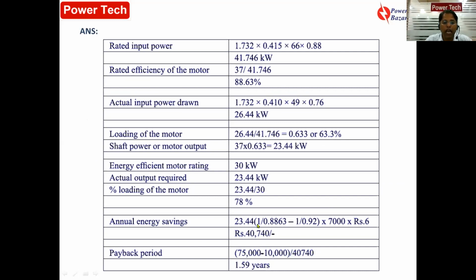That means since I am making a saving of 40,000 rupees, this 65,000 investment I can recover within a period of 1.59 years. In a bank with 5% interest, I'll get back my money after 20 years. But in this case, I'm getting my money in 1.59 years. So it is better to invest in energy efficiency products and technology rather than keeping the funds in banks, because the payback period is very low here.